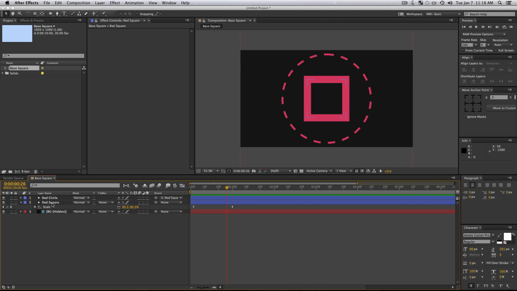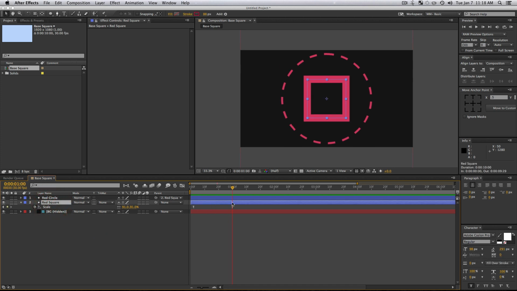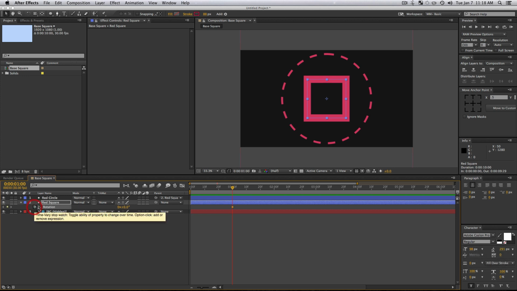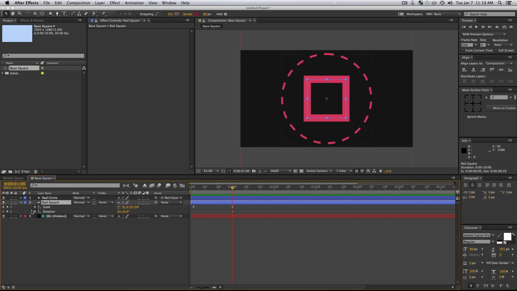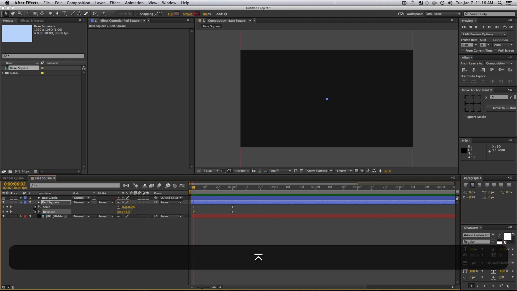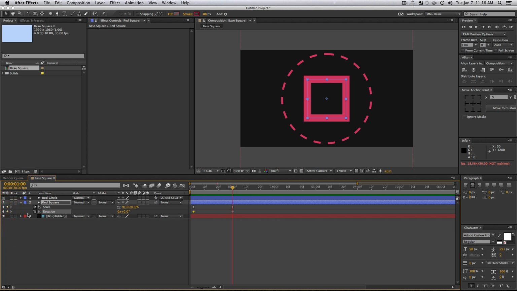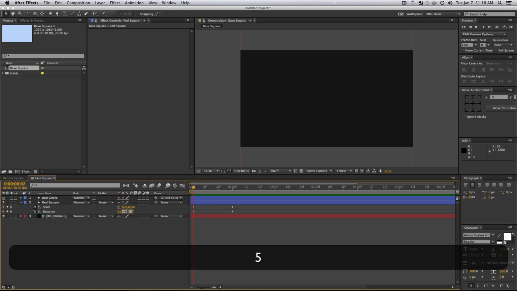Now let's also set a rotation keyframe. So just press K on your keyboard to go forward to the most recent keyframe, if that's making sense. Press R on your keyboard to bring up your rotation properties and set a keyframe. Press U on your keyboard to bring up your properties, and press J on your keyboard to go back to the most previous keyframe, so right here. And what we're going to do is just type in 45 degrees. And now when it pops in, it's going to turn. I'm actually going to set that to -45. I think that'll look better. So I'm going to do -45 degrees.